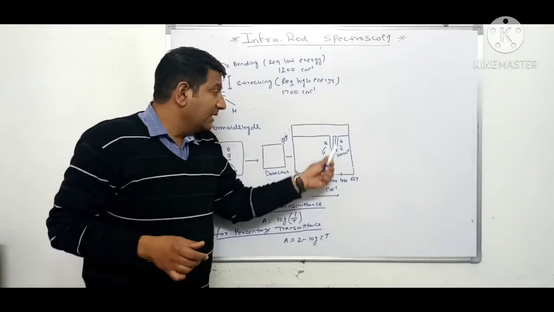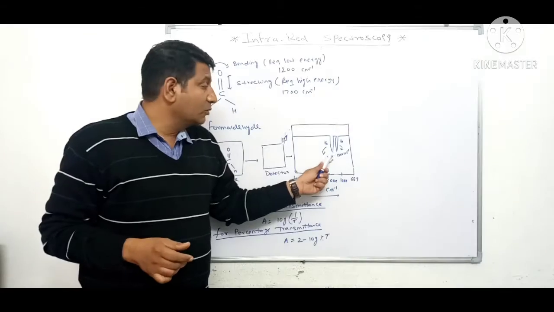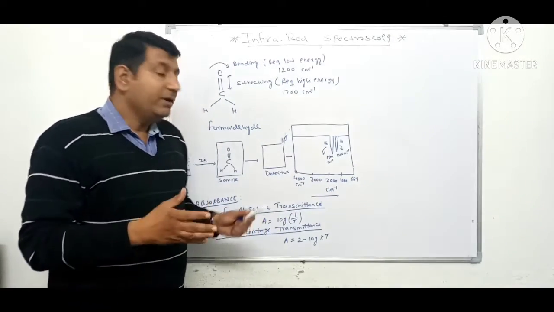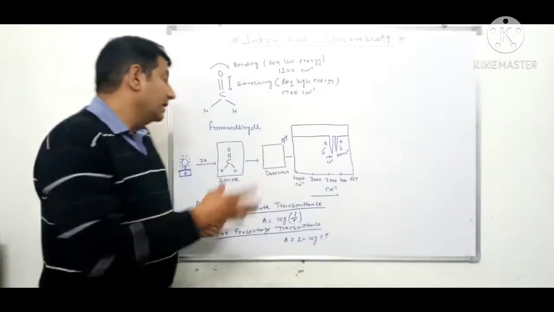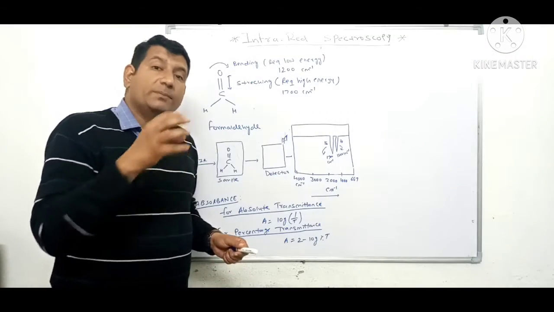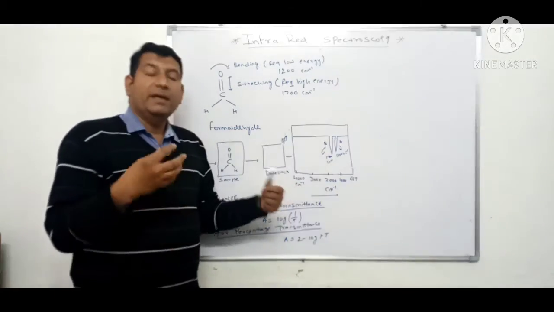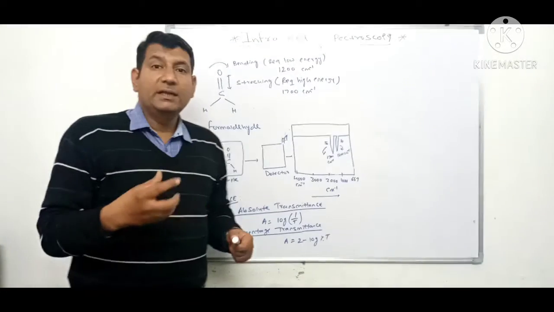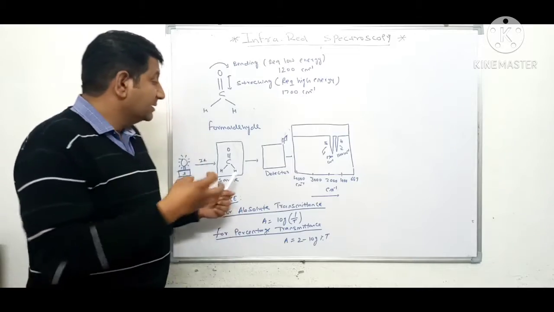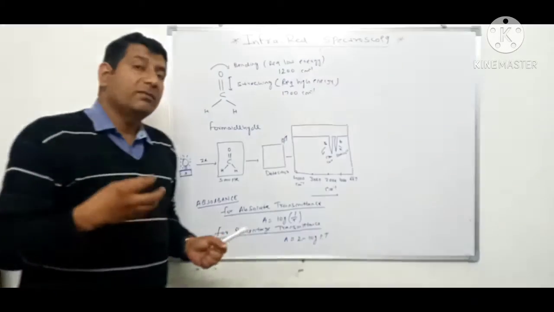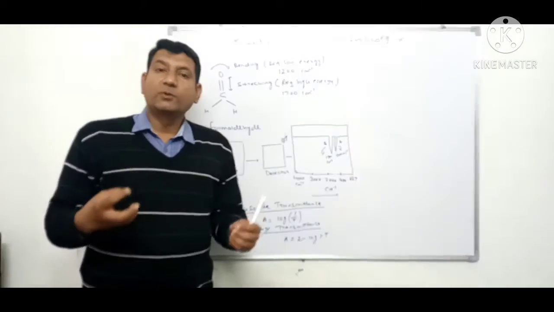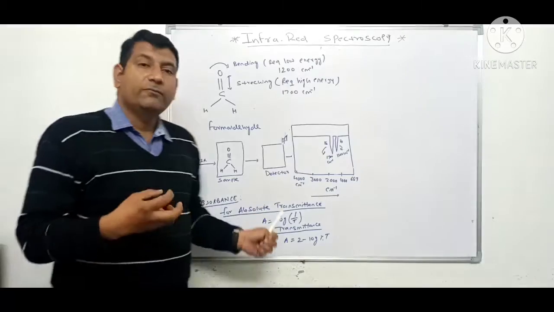Now, why inverted peaks are available in IR spectroscopy, I have already discussed in my previous video, because here we are not taking absorbance. If our detector detected the amount of light absorbed by the sample, then this peak would be erect. But we are not interested in determining the amount of light absorbed by the sample; in this spectroscopy we are interested in the amount of light transmitted by the sample, that is, which is not absorbed by the sample. So transmitted light falls on the detector.